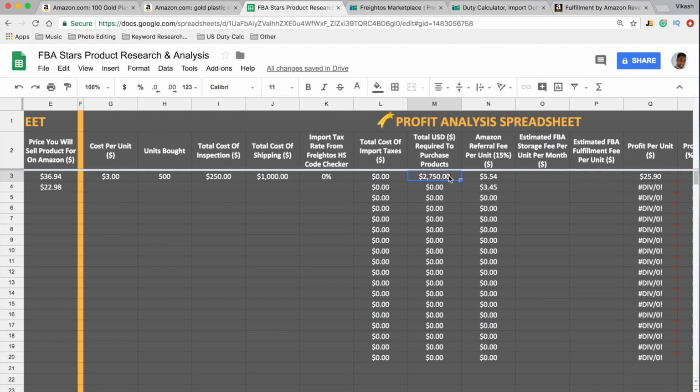The total amount that you will need to put forward in order to buy this product at $3 and buy 500 units, including inspection, shipping, and the import taxes and duties, will be $2,750. Now, if that's too much and you don't have that money yet, remember, you can negotiate this down and you can put this down to $250, and then the price will drop. Also, if you're dropping the number of units you buy, you will also drop the price of the shipping. But let's put that back to 500 for this example. So the total cost that will be required will be